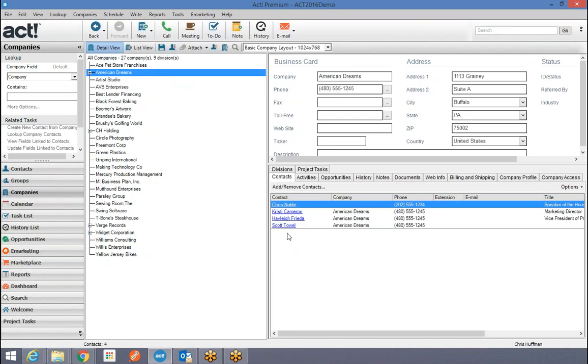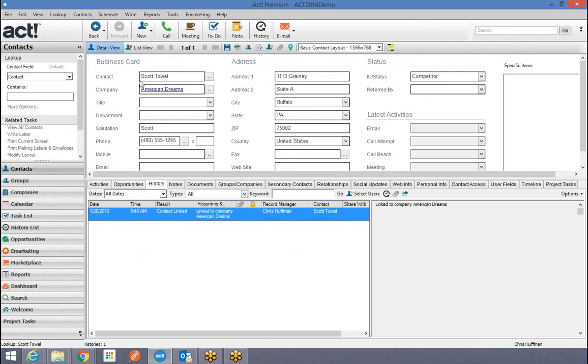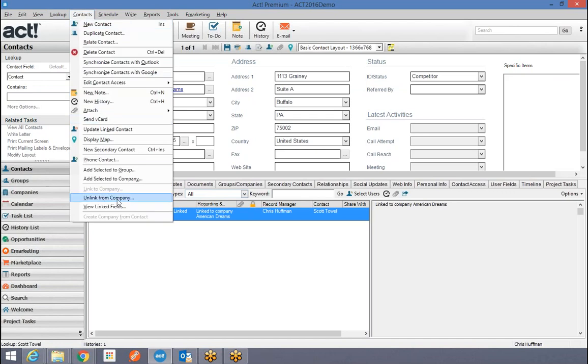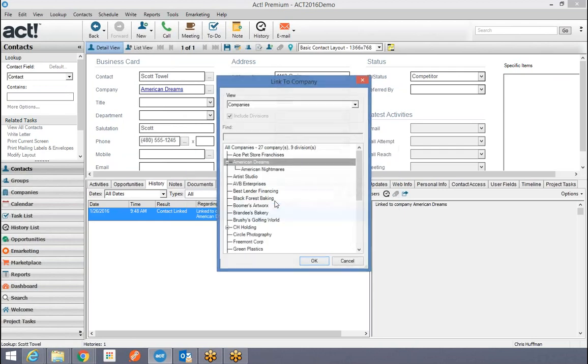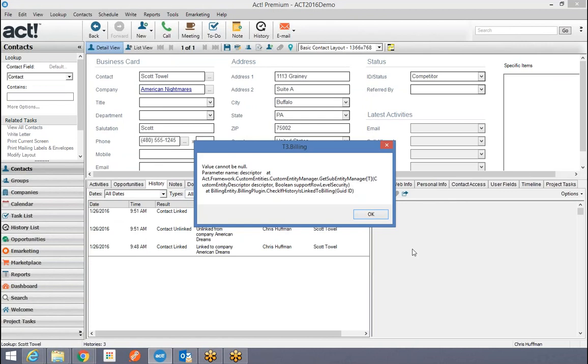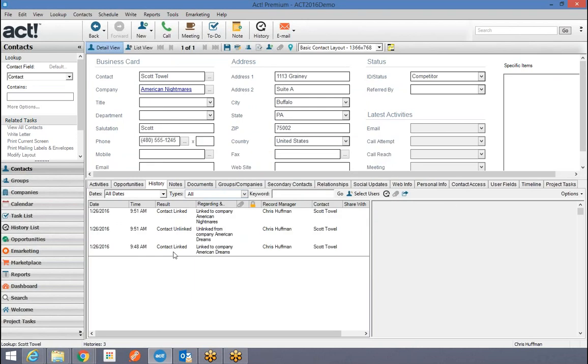So I could go to American Dreams here and take Scott Towell, and let me see, if I go to contacts, I have to unlink him from the American Dreams company, so I can just unlink him, and then he becomes his own little person again. But if I hit link to a different company, I can then pick American Nightmares and move him down to that company. This is a billing program we write for our act that's not running in this demo version. That's why I'm getting these errors. And when you do link a record or unlink a record,